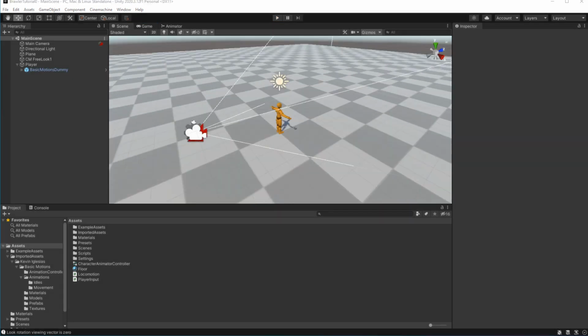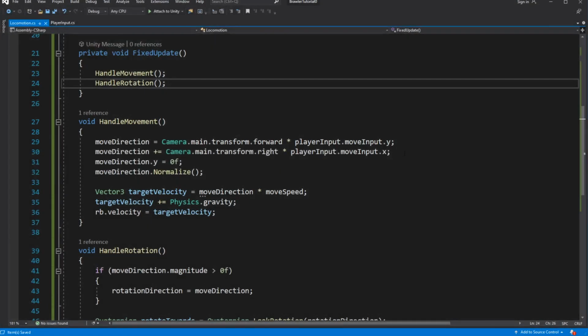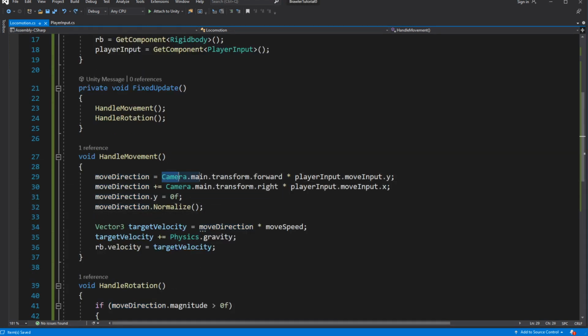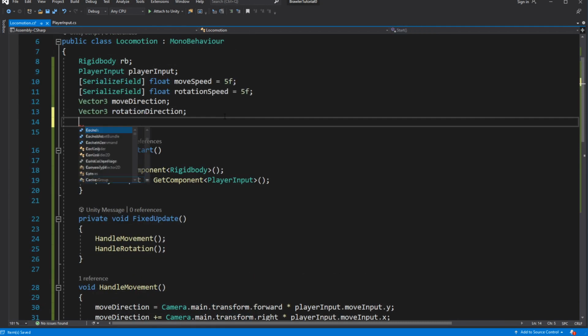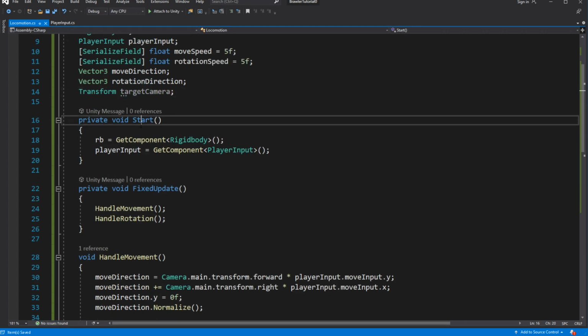Good. Before we move on, let's optimize this code a little. Doing camera.main.transform is expensive for performance, because every time you call camera.main, Unity will inefficiently search for the object with the main camera tag on the scene. So let's cache it into the variable.